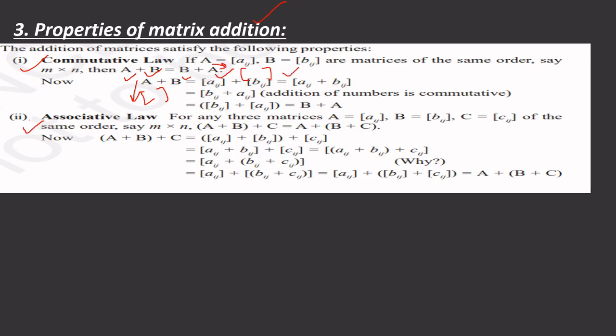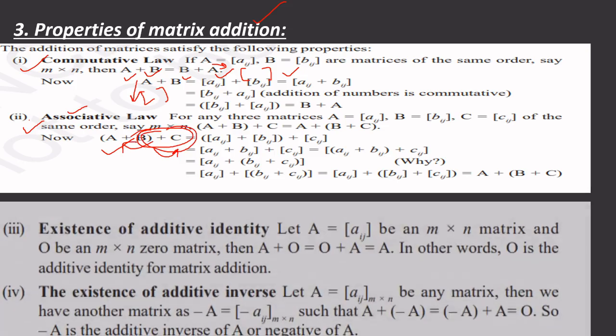There is no difference in it, but we have to know in a further slide that A multiplied by B is not equal to B multiplied by A. We have only seen that in the property of addition, A plus B equals B plus A. And the associative law is like A plus B plus C is equal to A plus B plus C. Like we first add A plus B and then C. There's not a difference if we first add B plus C and then A.